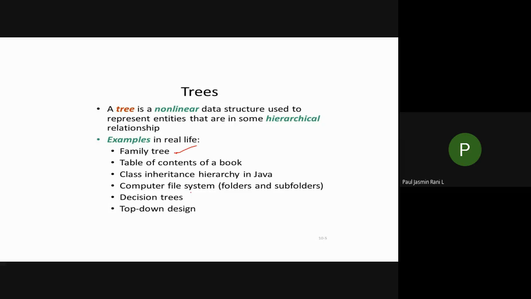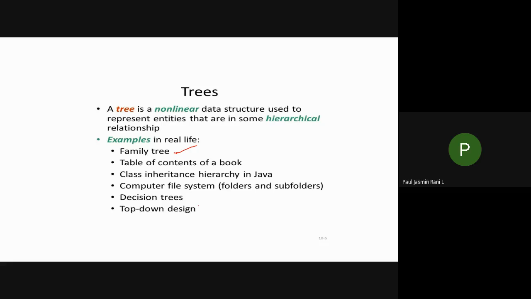Again, this C drive will be partitioned into n folders. Let us consider some folder names like roots, class 2, something like this. Those folders will be divided into subfolders, and inside those folders you will have a number of files, isn't it? So this is also an example of a tree implementation.